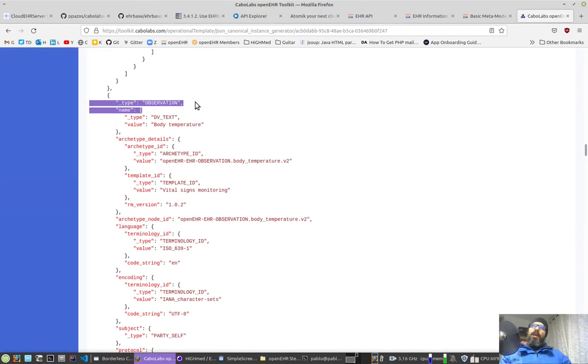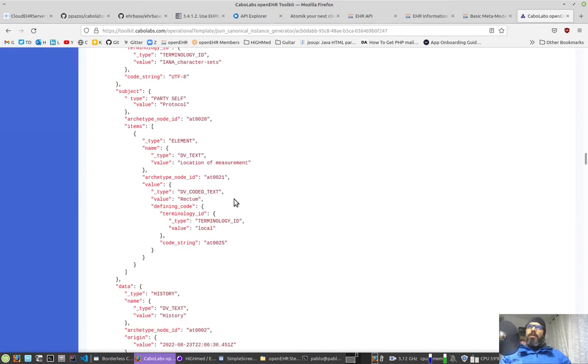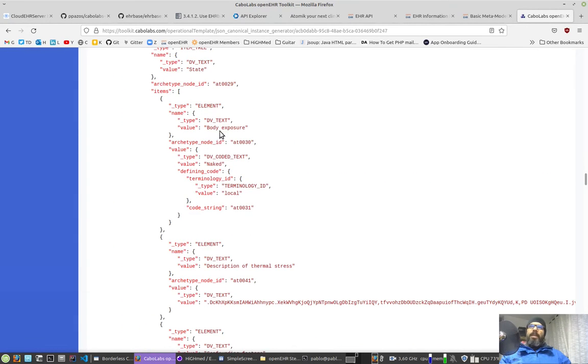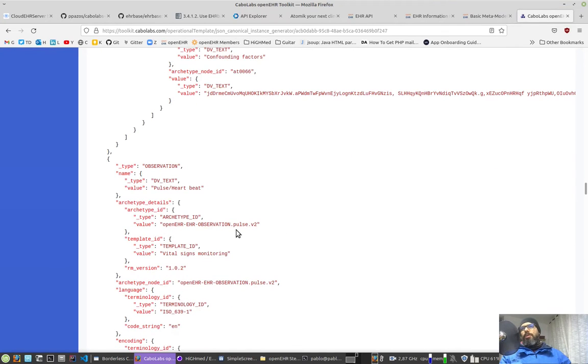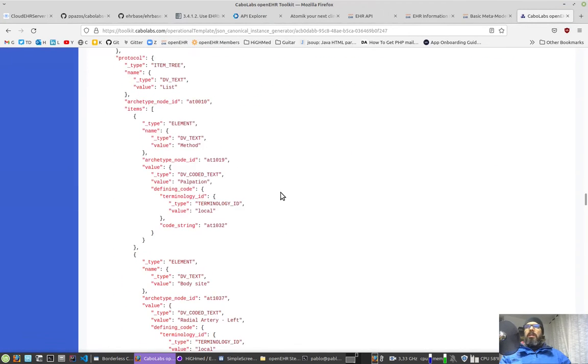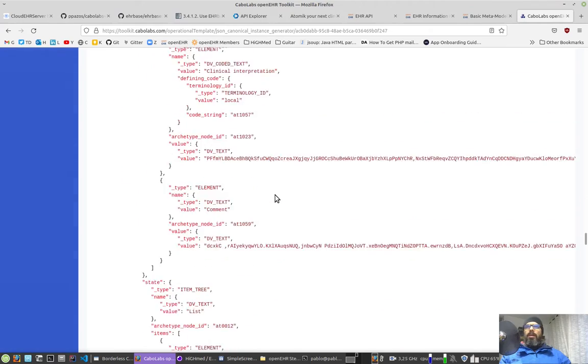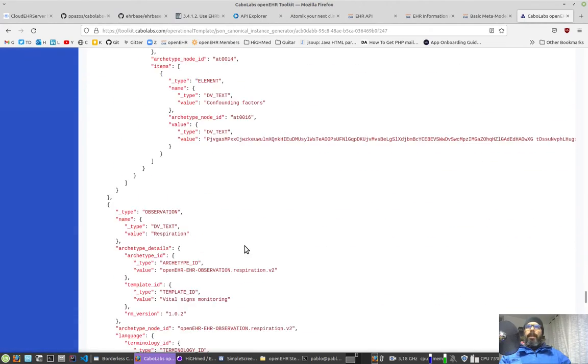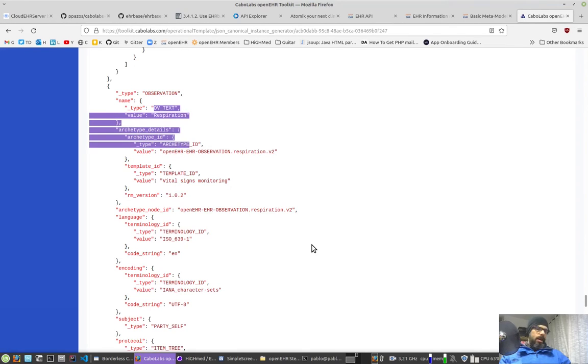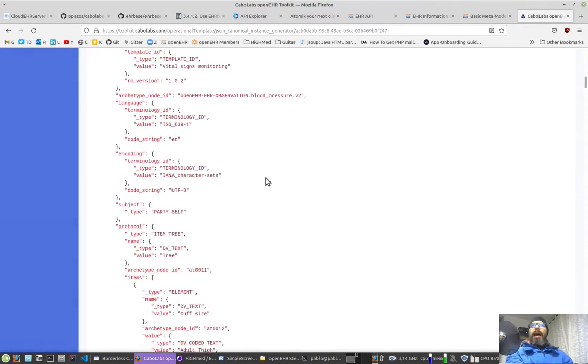You have here another observation that is body temperature. The same with the values. It might have a higher value than it should. We have heartbeat here, pulse, all the information is here, and oximetry and respiration. Yeah, everything is here. So let's go back and check